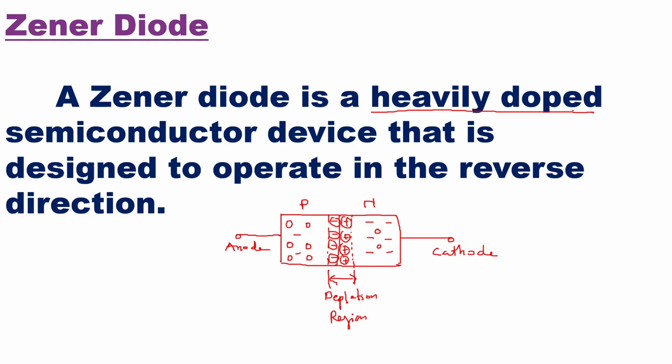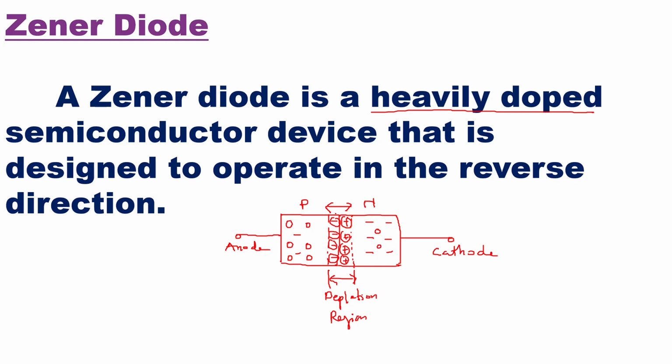Because of this, what happens is the depletion region will be thin. The depletion region width will be thin as compared to a normal PN junction, and the electric field of that depletion region will be higher. These are two very important points, and they come into the picture because the Zener diode is heavily doped. And second, we can operate this Zener diode in forward bias also, but